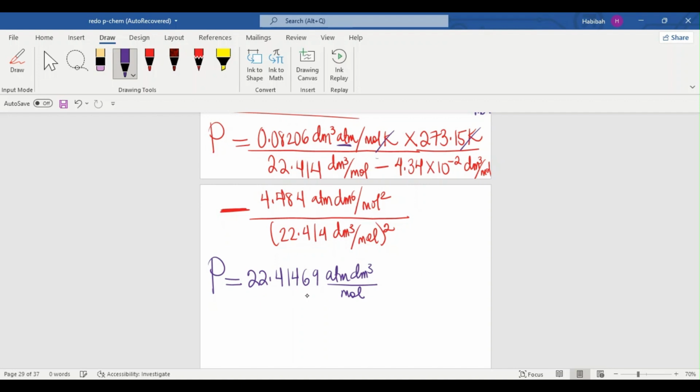And then you have the denominator. We're going to do the calculations. 22.414 minus 4.34 times 10 to the power of negative 2, which is just 22.3706 dm cube per mole, okay, minus 4.484 atmosphere dm raised to the power of 6 per mole squared. So that would be 4.484 atmosphere dm^6 per mole squared, divided by 22.414 dm cube per mole all squared is simply